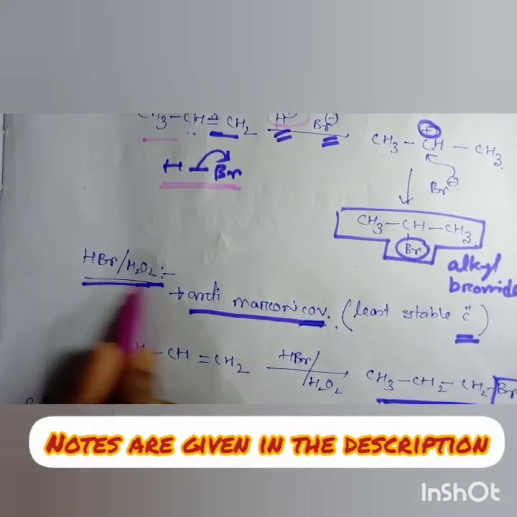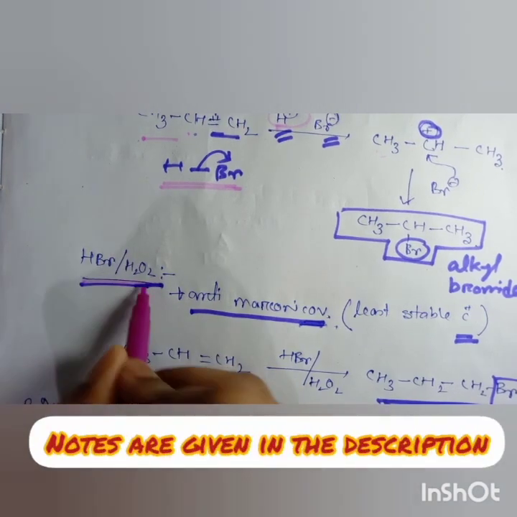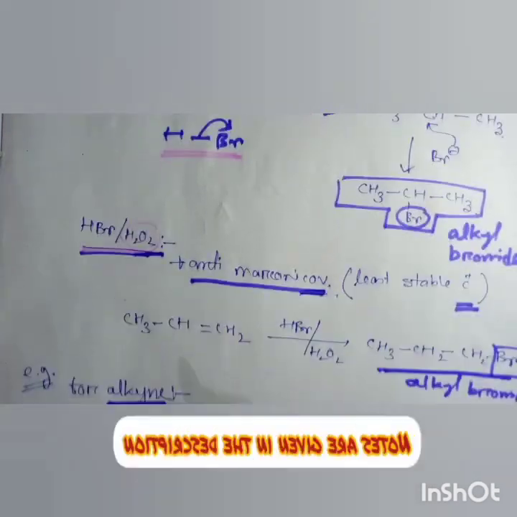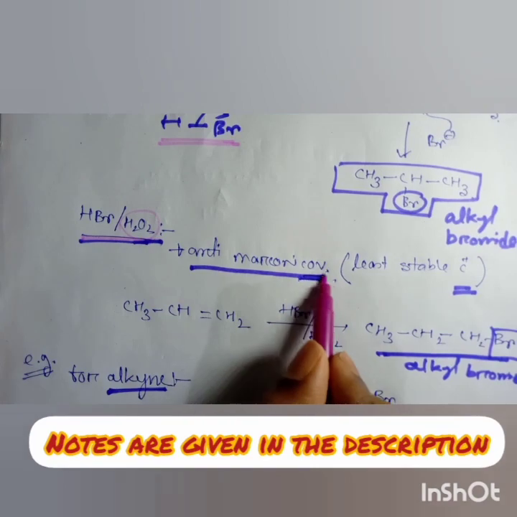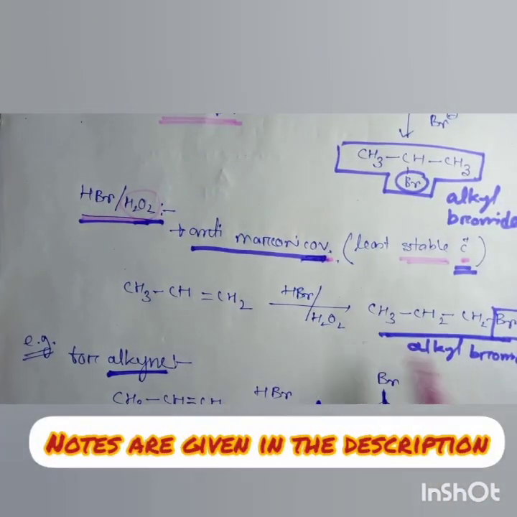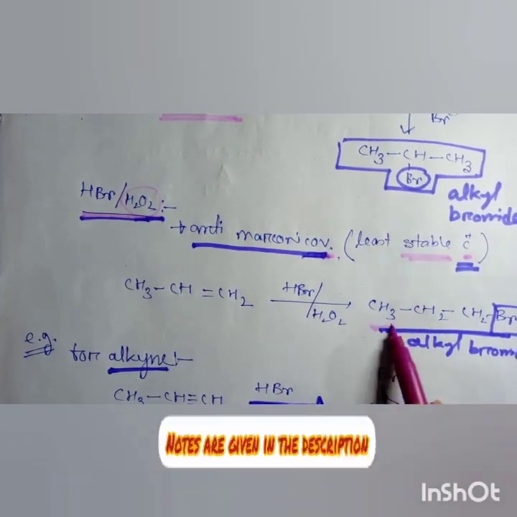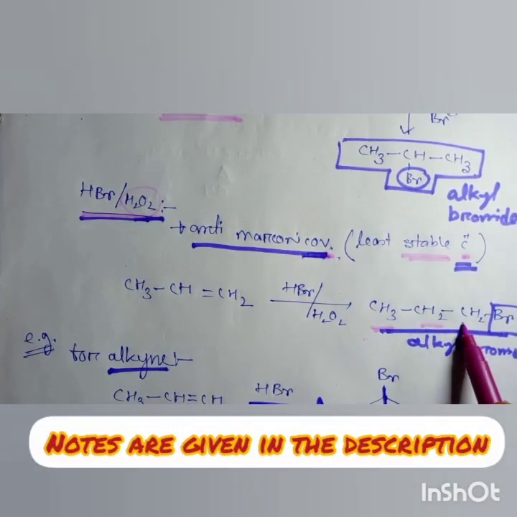Okay, and the second part of the reaction is a reaction of hydrogen bromide in the presence of H2O2. Here the anti-Markovnikov addition occurs. The least stable carbocation forms in the intermediate of the reaction, forming a CH3 CH2 bond CH2